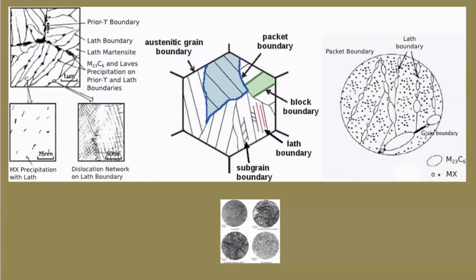So in this image is a schematic illustration of the complex hierarchical microstructure found in tempered steel, commonly used in